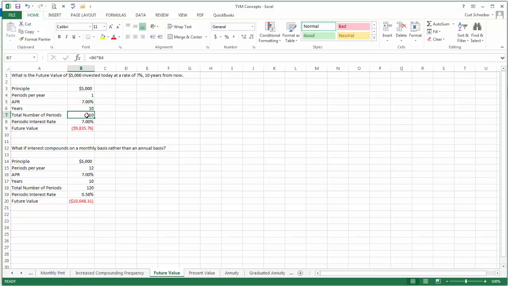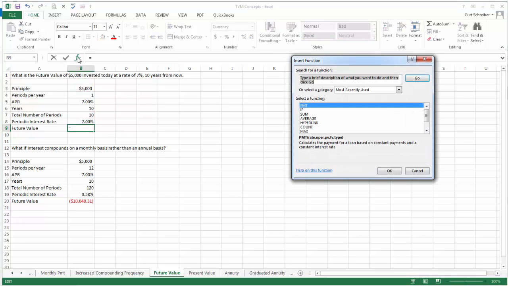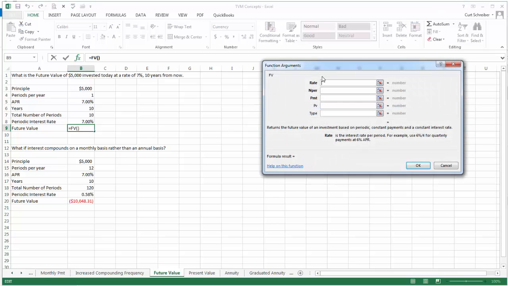And so our total payments is going to be equal to the 10 years multiplied by the payments per year. And so we have a total of 10 periods. Our periodic interest rate is going to be equal to the 7% divided by the 1 period per year. So our periodic rate remains the same as our annual percentage rate, or the quoted rate. So now the calculation is an FV function, or is a time value of money function. If we go up here into the insert function and type in FV and hit return 2 times,